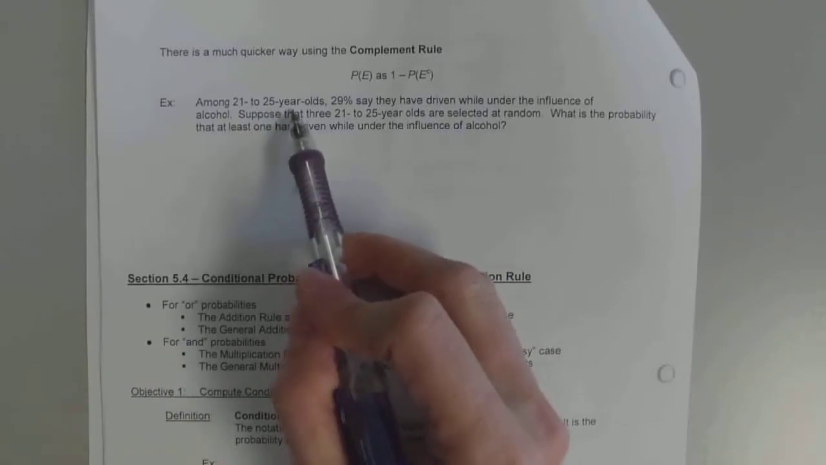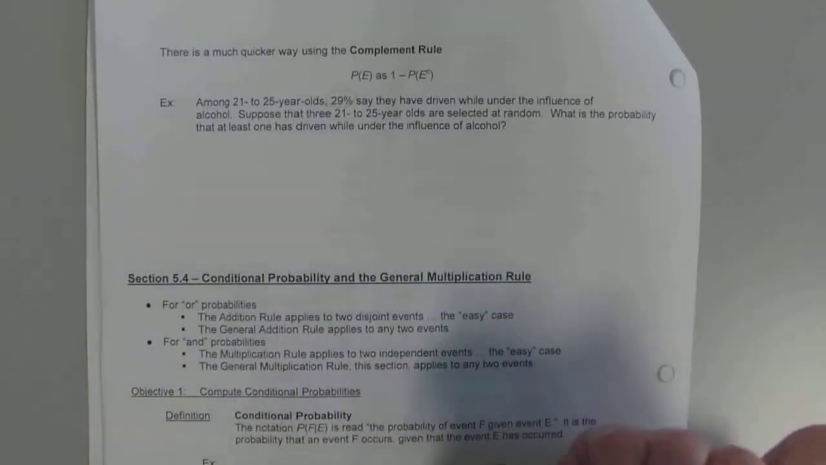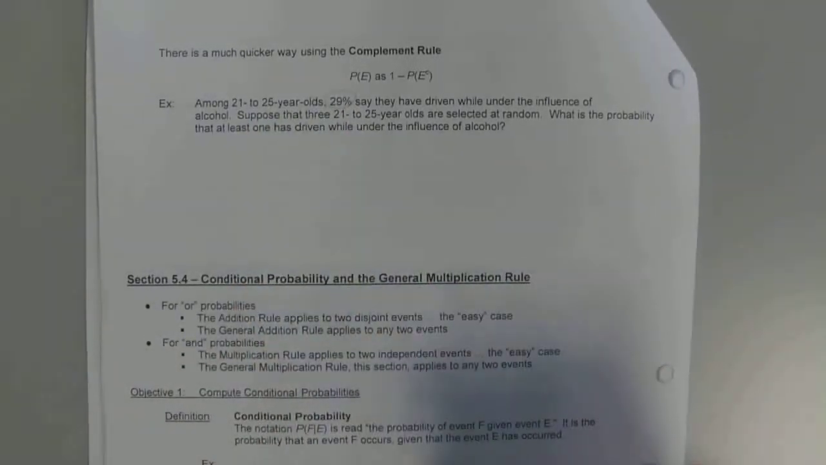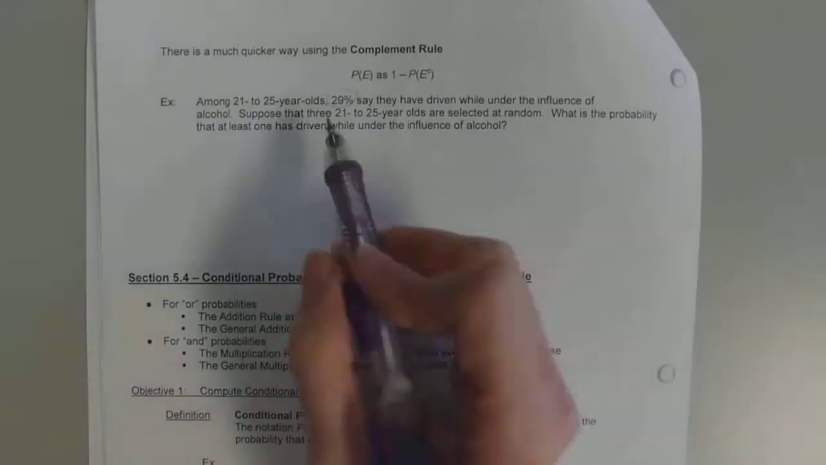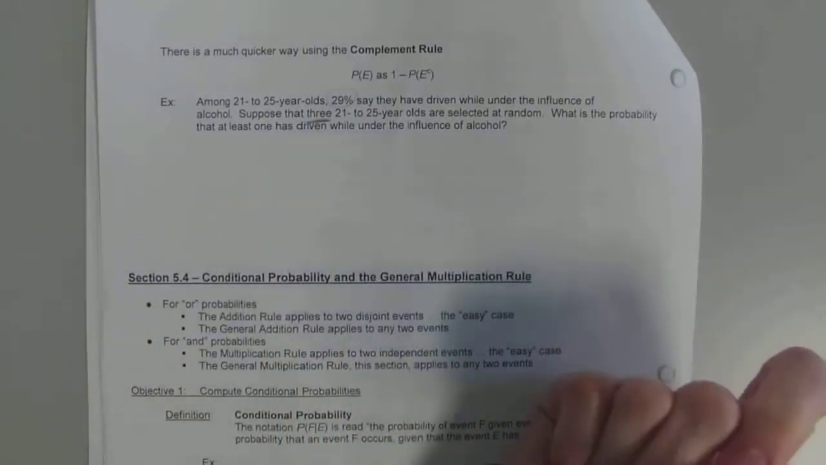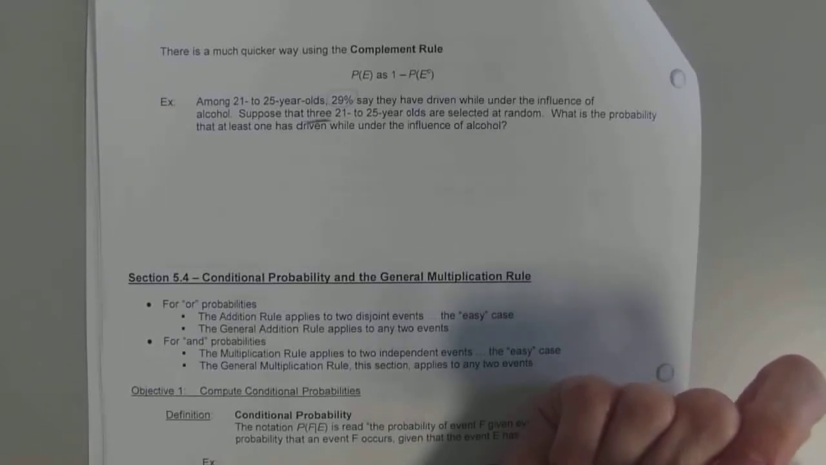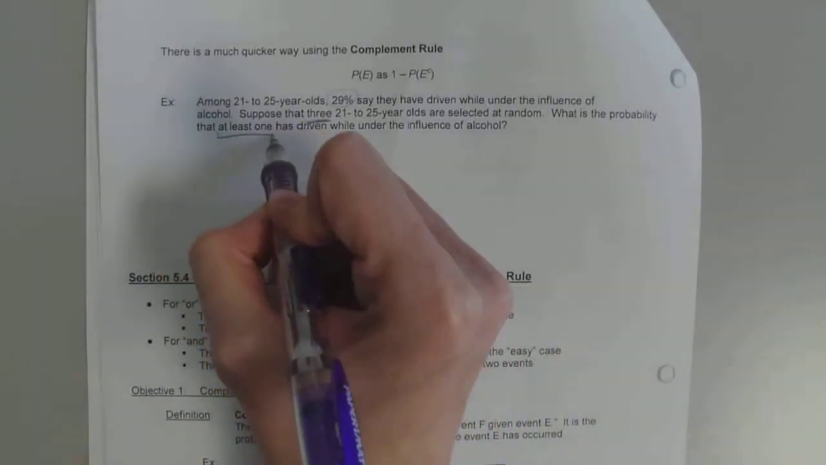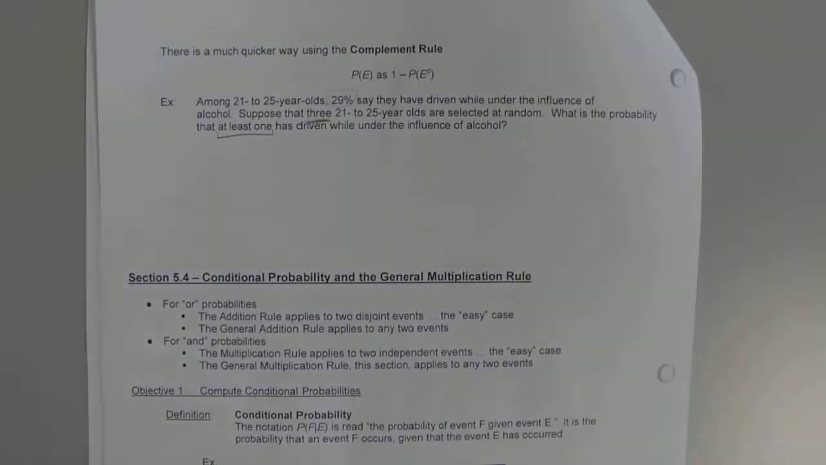Among 21 to 25-year-olds, 29% say they have driven while under the influence of alcohol. Suppose that 3 21 to 25-year-olds are selected at random. What is the probability that at least 1 has driven while under the influence of alcohol? Okay? So this is independent, right? The probability that one person drives under the influence of alcohol is not affected by the other people. So, for example, what if I just asked, what's the probability all 3 have driven under the influence? You would just take 29% and raise it to the 3rd power, like we just did on the last page,